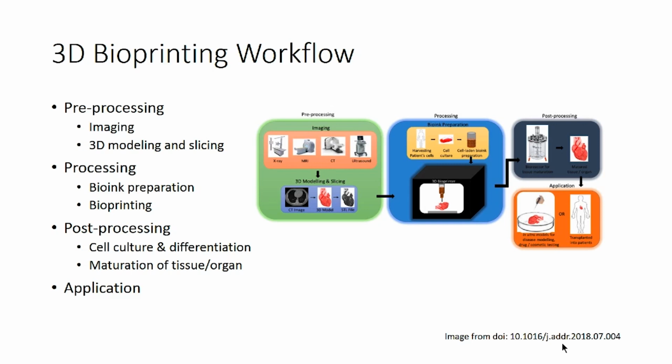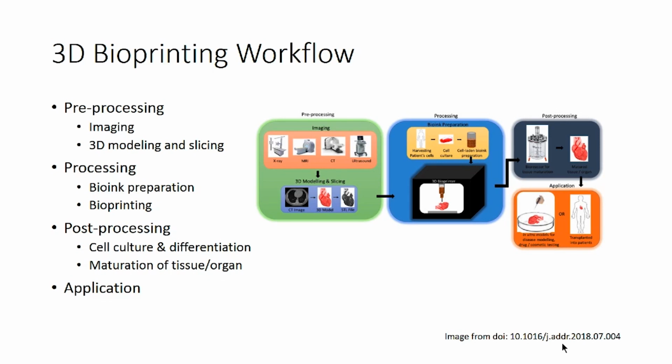So, you first need to understand how the tissue architecture is, and that you get from images. So, you can get images from X-rays, MRIs, CT scans, ultrasounds, optical microscopes, whatever is at your disposal. You can use them to create images which you can process to get the 3D structure, and this 3D structure would have to then be modeled so that it can be fed to a computer to be printed, right.